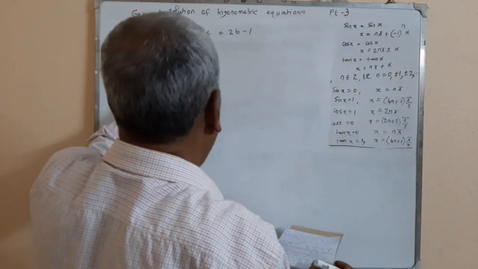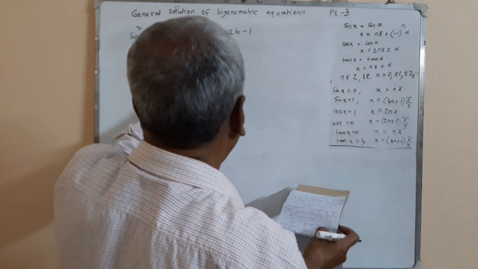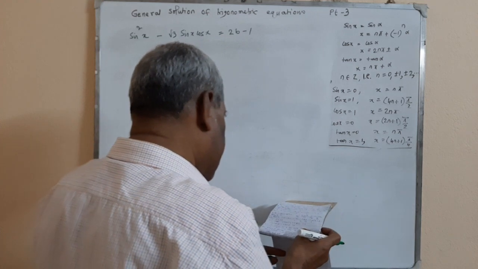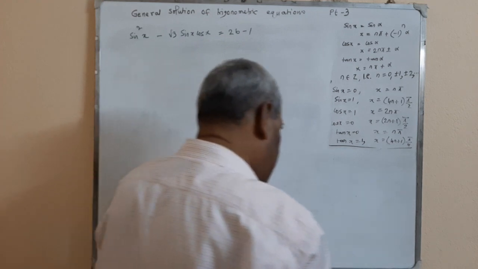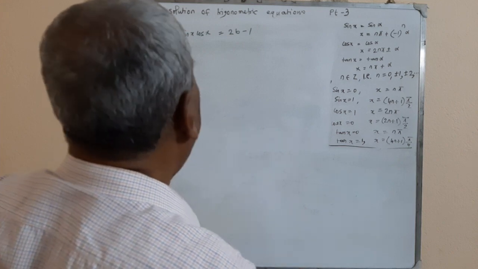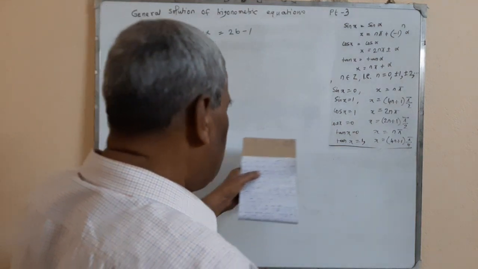Sin square x minus root 3 sin x cos x is equal to 2b minus 1 has a real solution. What is the range of b? Options are